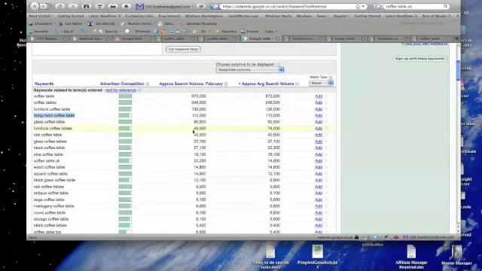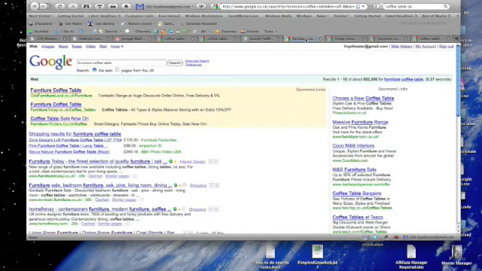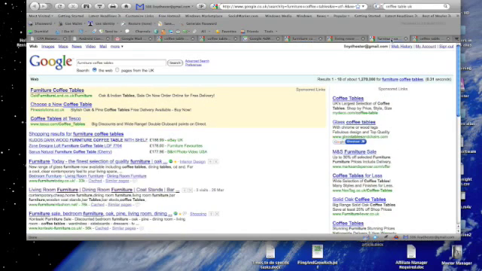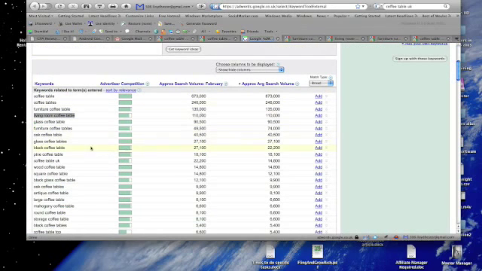Furniture coffee tables has 49,500 searches. So if we go to that, furniture coffee tables, look at that, 1.27 million results, and furniture coffee tables has 49,500